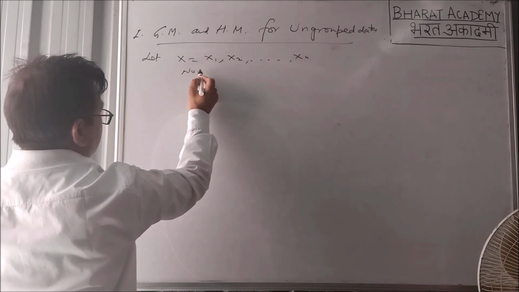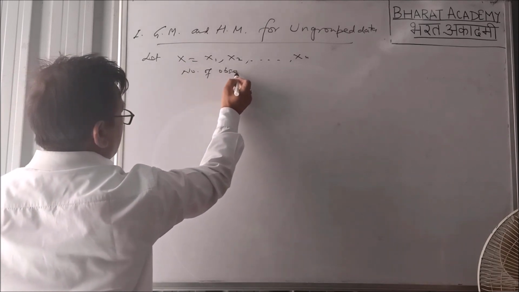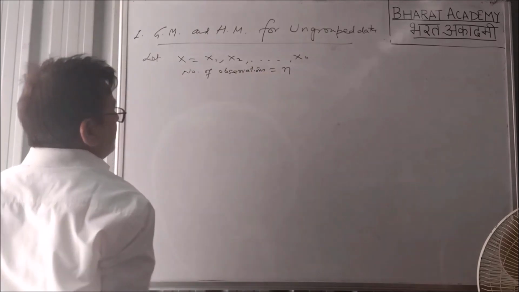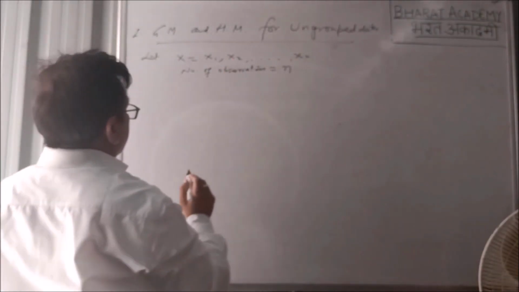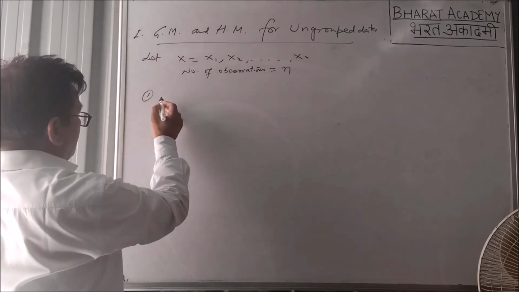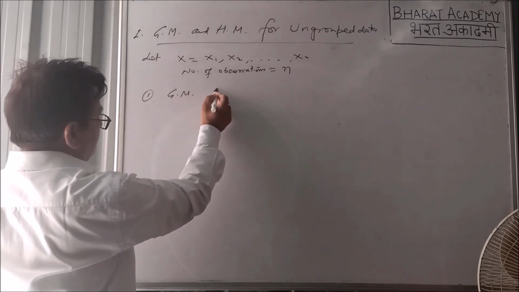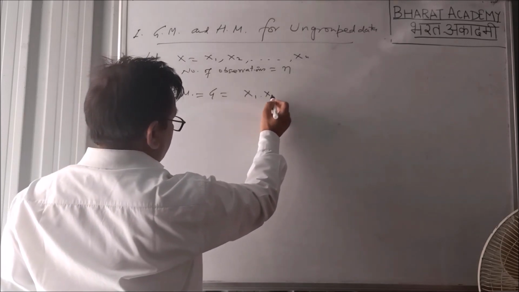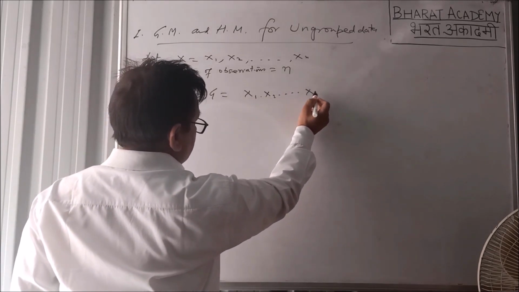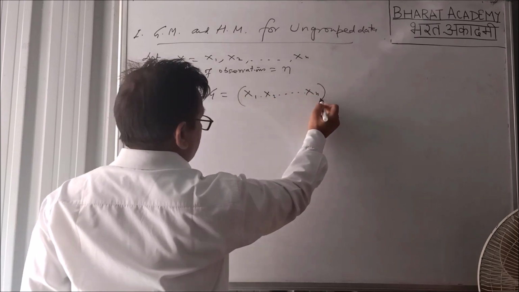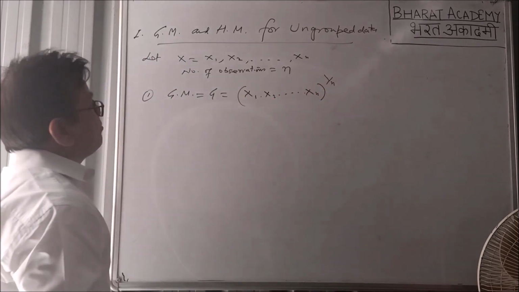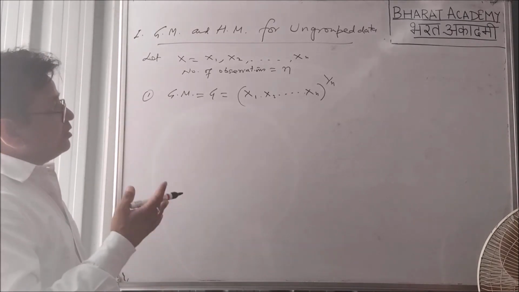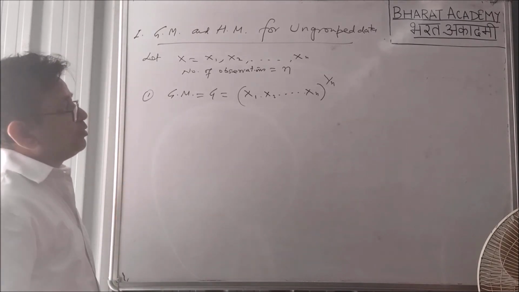Number of observations, यहाँ for n 1, 2, 3 up to n. First, by definition of geometric mean, G equal to nth root of the product x1, x2 up to xn. Its nth root means 1 upon n. सारे को मल्टीप्लाई करना और उसका nth रूट निकालना मीन्स सबको मल्टीप्लाई करके उसकी होल टू द पावर 1 upon